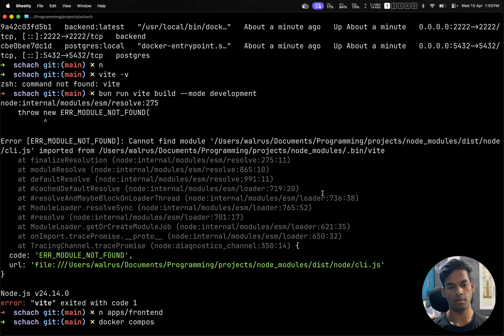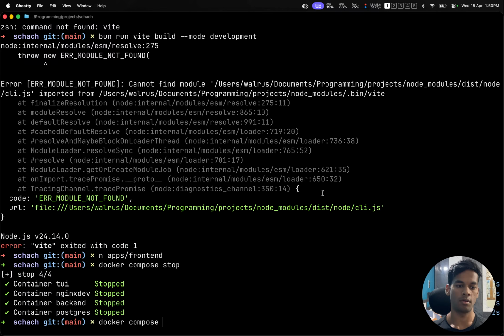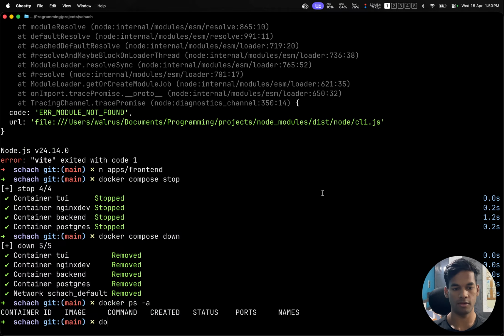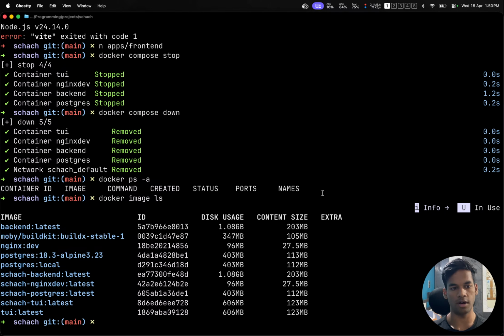Docker compose build. Docker compose stop. Docker compose down. Docker ps. Nothing is running. Docker image ls. These are the images which are there. Maybe we are messing up and not using the correct images. Docker rmi backend, Nginx,